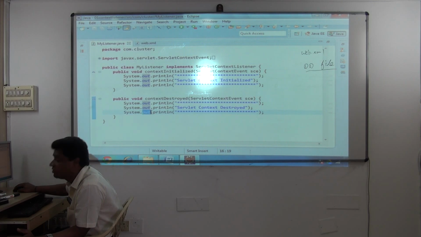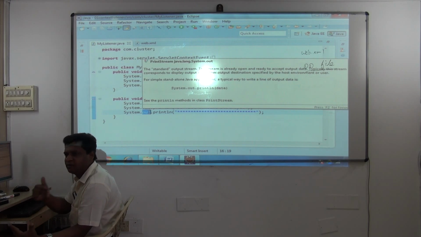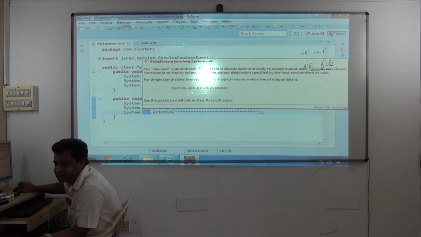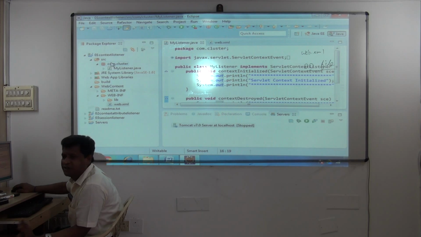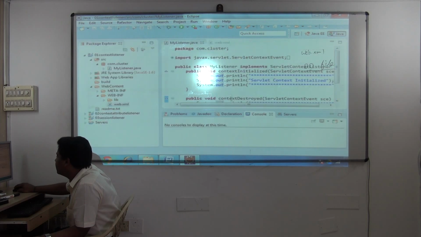During that time, this logic will execute. I just put SOPs, just concentrate on that. Later on, I'll write some good business logic. Clear? Very simple, just to deploy it. Now see, there's a server console, nothing is there. Okay, server is there. I'll start the server if you want.